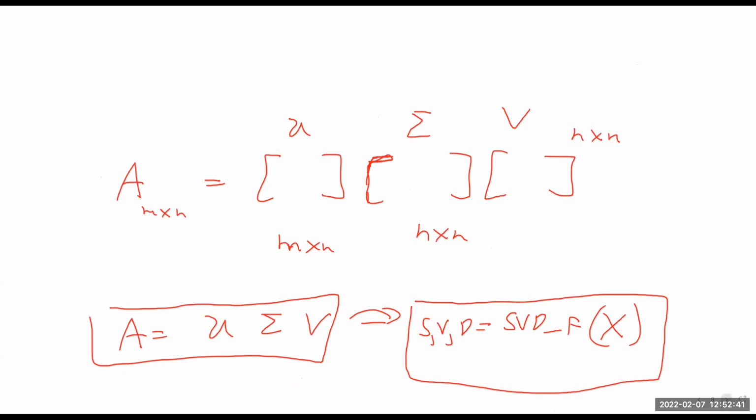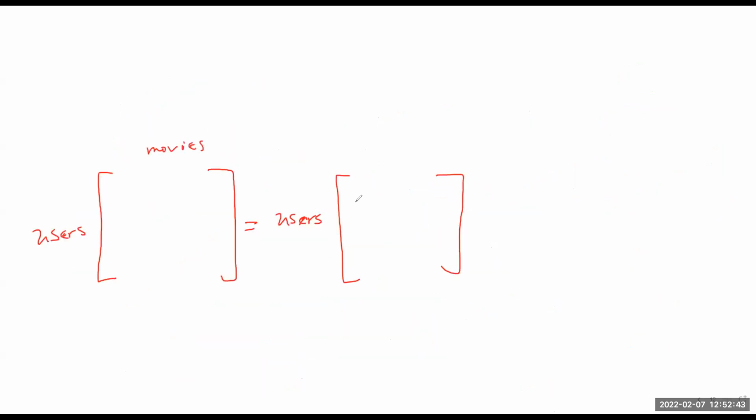So if I go over here, you'll see what I'm talking about. So now I have users here, and it's no longer movies. It's whatever it is. It's a vector. So we're just going to say C1, C2, C3, let's say. And let's just say these are concepts. You guys see that? Concepts.